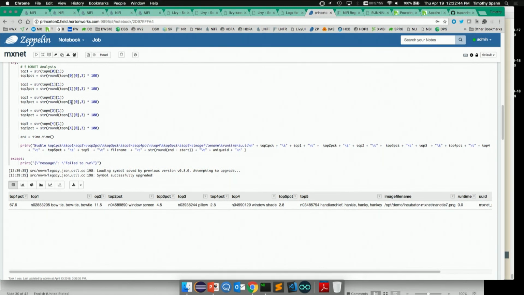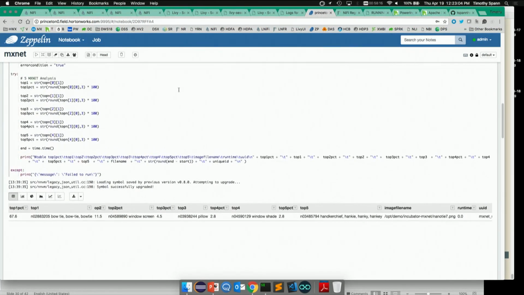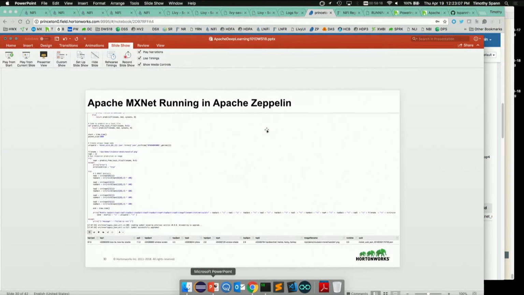You don't need to buy some third-party thing to be able to run deep learning in a regular open source notebook. And this could be running locally. It could be running on a cluster. I'm using the one in my cluster. But you could download Zeppelin. It's pretty easy to install as well, which is a great feature of all the open source Apache products.